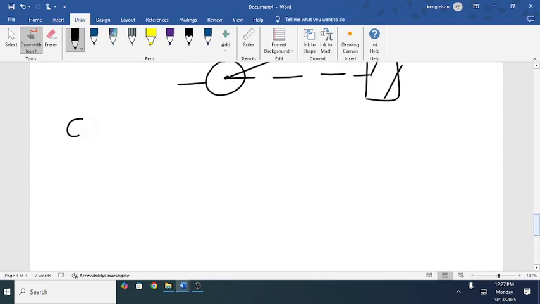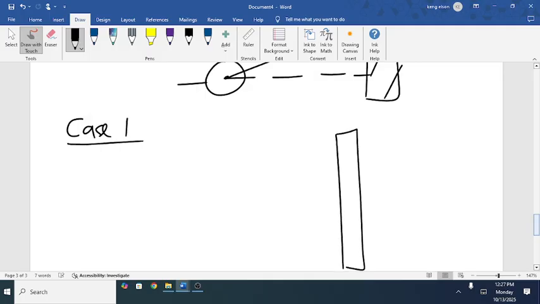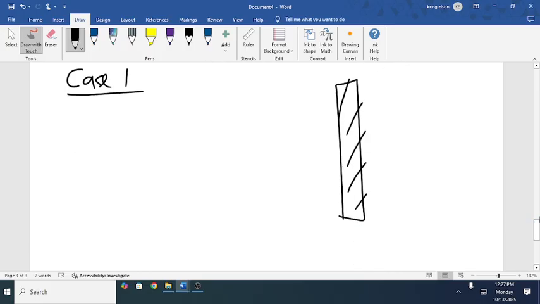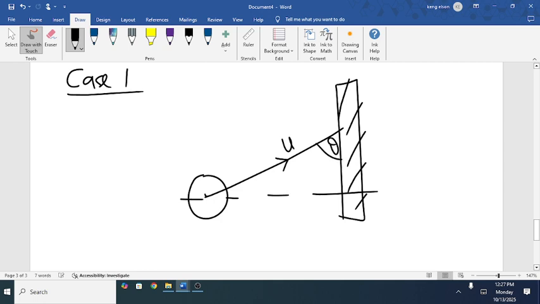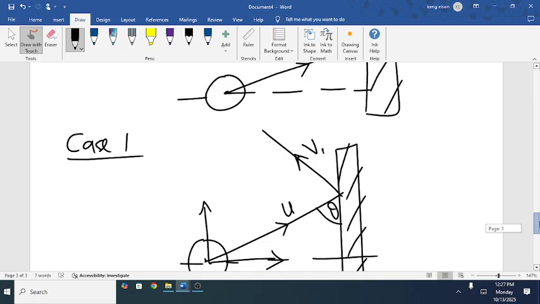So for case one, we are going to analyze when it was colliding with a vertical wall. Here we have u, the sphere moving with u, making an angle of theta. If theta is given to you, you just use the theta that is given. Let's get the vertical component and the horizontal component initially. Then when you rebound with v1,